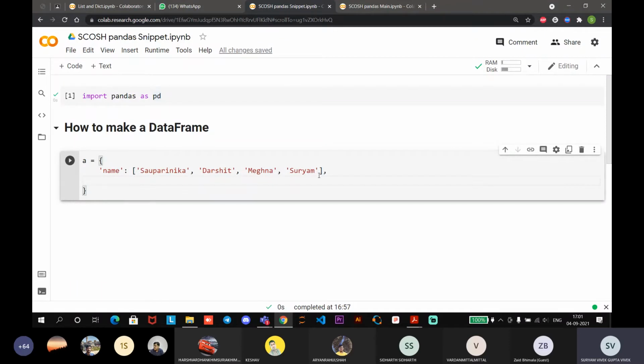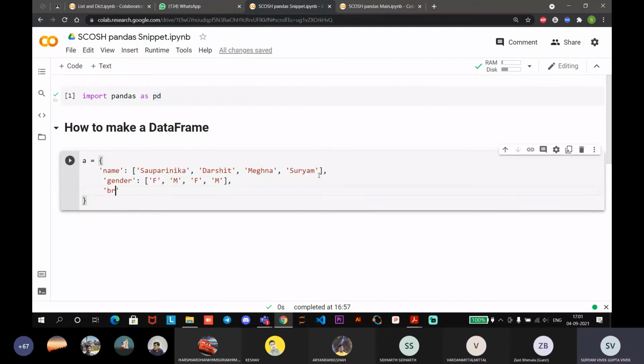Okay, that column would be named gender. In the gender we'll write everything. So Soparnika is obviously female, Darshit male, Meghna female again, and then Suryam male again, and then we again give a comma. Okay, then we make another column named branch,